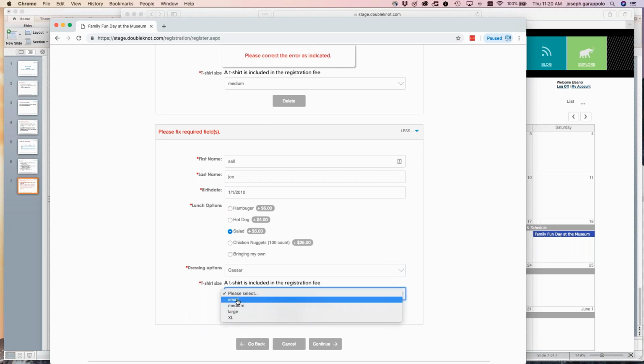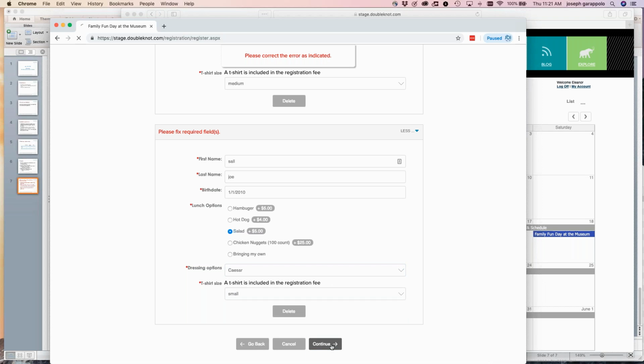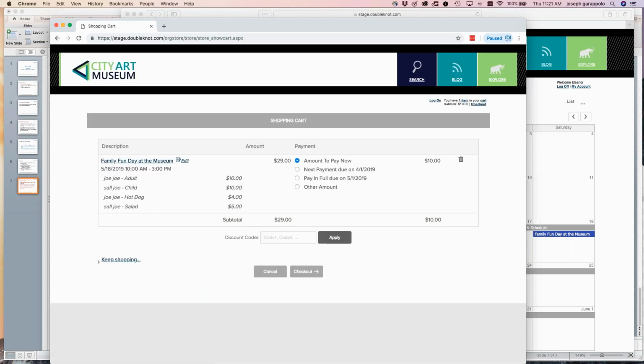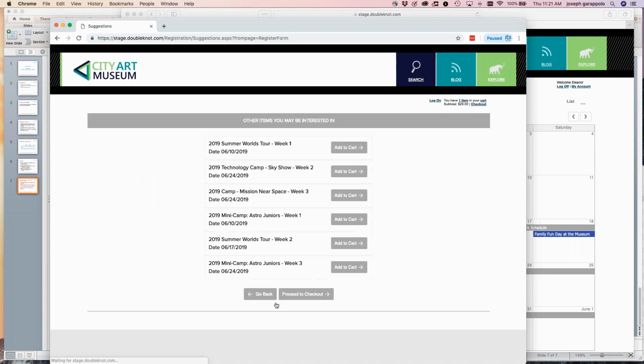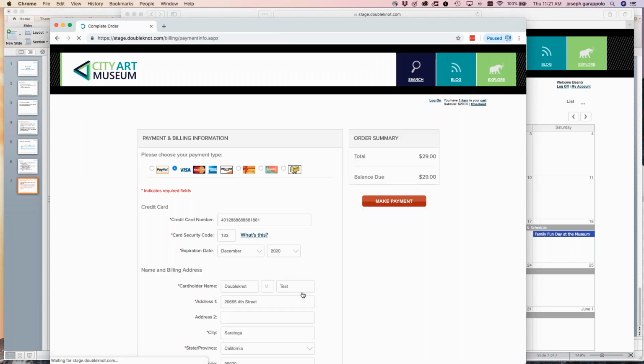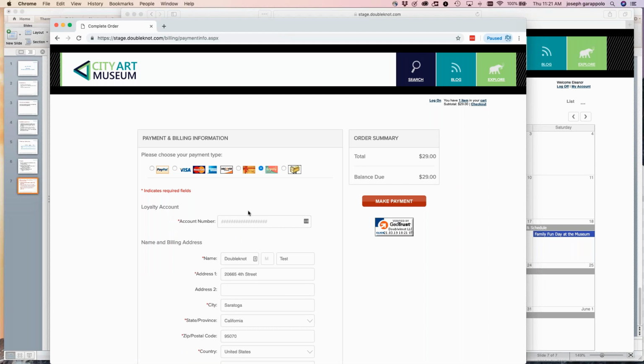And she wants the small t-shirt. And I'm going to drop out. And so now I can also go in here and say I'm going to pay the full amount. I'm going to check out and say no thanks to the donation, as well as the upsell it's set here. And at this point, I can click on my loyalty card and I can type in Troop